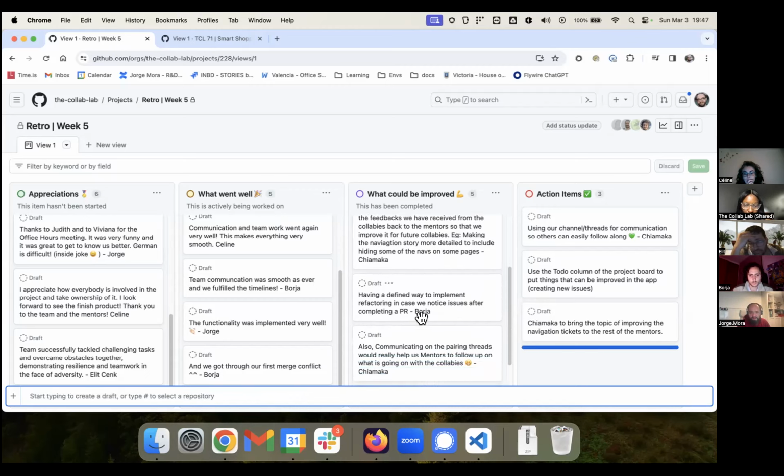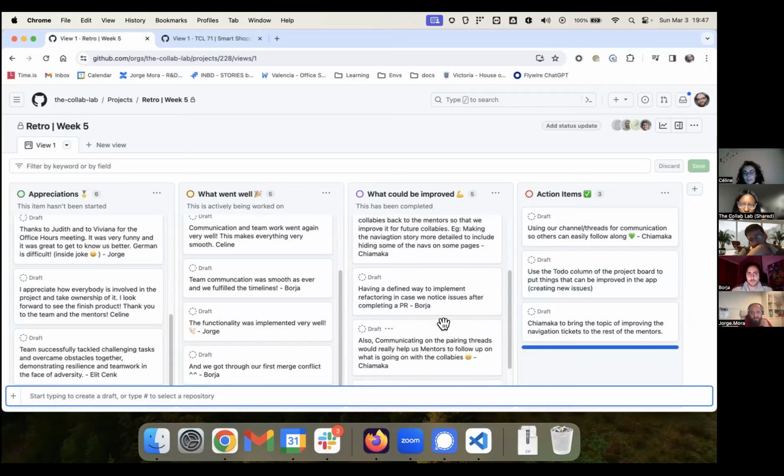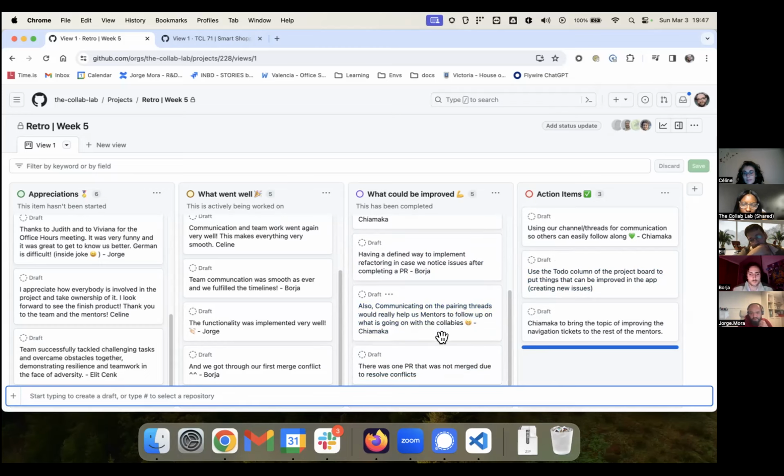Then, define a way to implement refactoring in case we notice issues after completing a PR. Can we do the same as we mentioned for the previous comment? Use the to-do column? Yeah. I think that solves it. Yep. Yeah, sounds good. Borja, Celine, yep, sounds good. Okay, you already addressed this, Chiamaka, in your first point. And